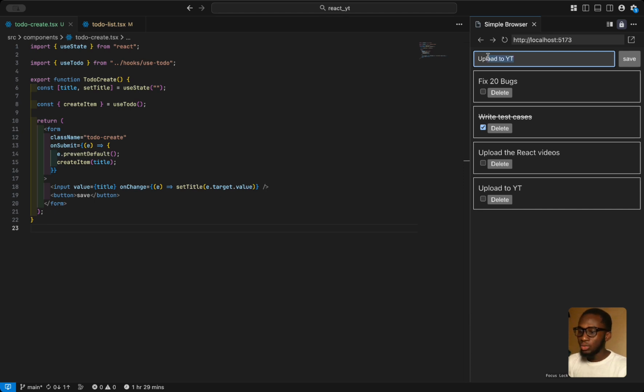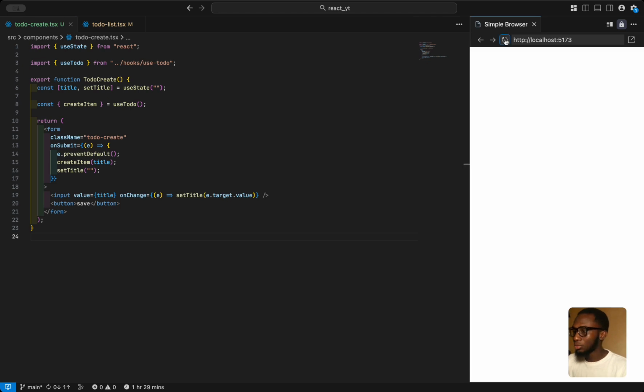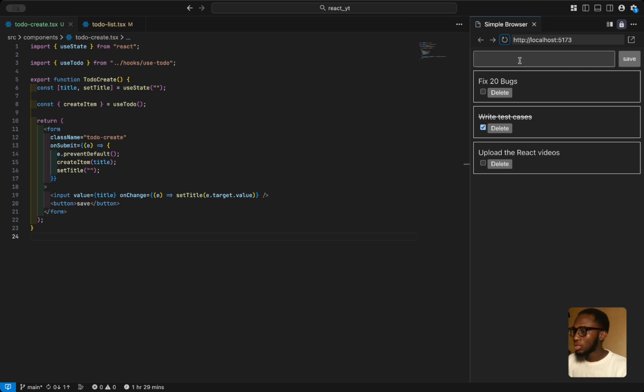So maybe the other thing you want to add is, when you're done creating your to-do item, you want to set your title back to something empty, right? So I'm going to refresh this, and we see we have the previous initial to-dos there. So what I want to add here now is let's add a random to-do here as well. Let me see,